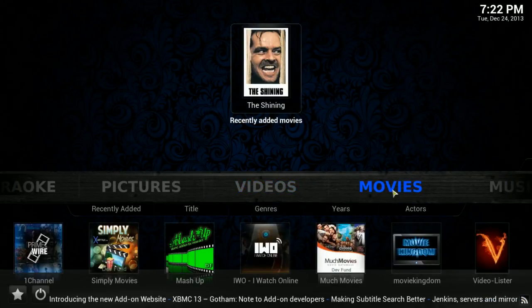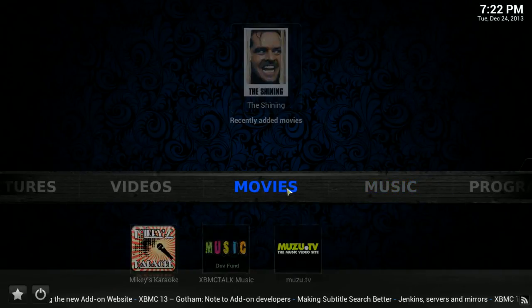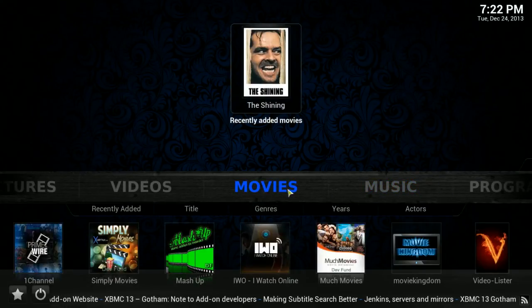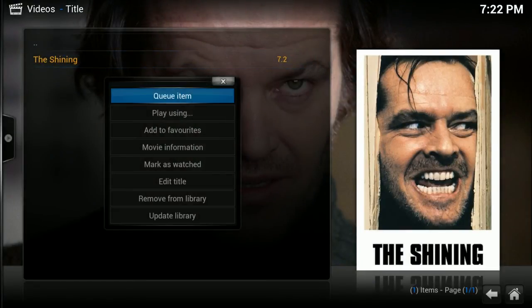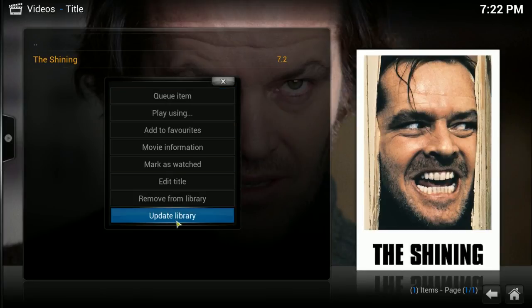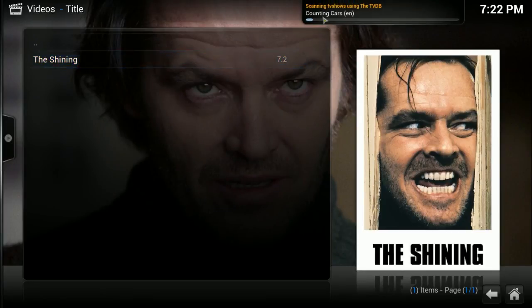Now, it still hasn't added the TV shows onto my menu yet. So what I'm going to do is click on movies and highlight over my movie, click C, and go ahead and click update library. And now you'll see it is scanning in Counting Cars. And so you can go ahead and continue to add in your movies and your television shows. It takes a little time doing it, but once you get it all in there,